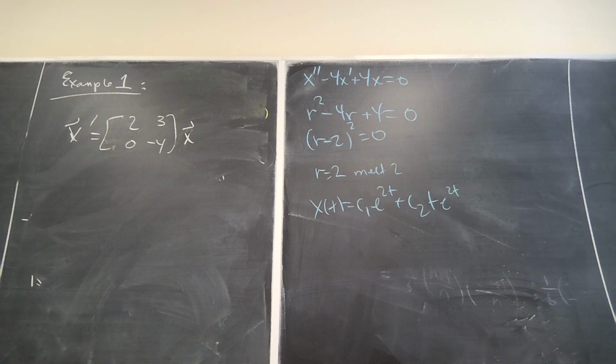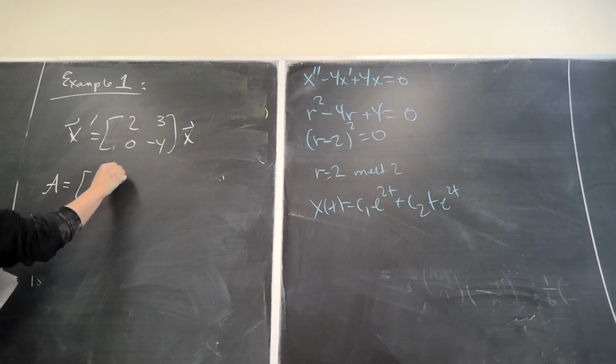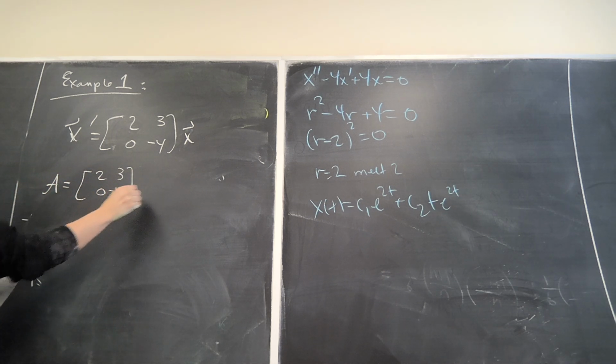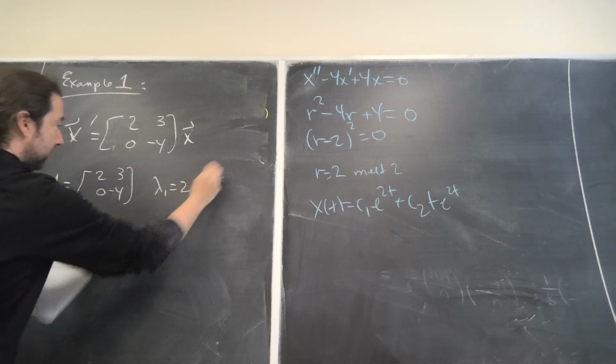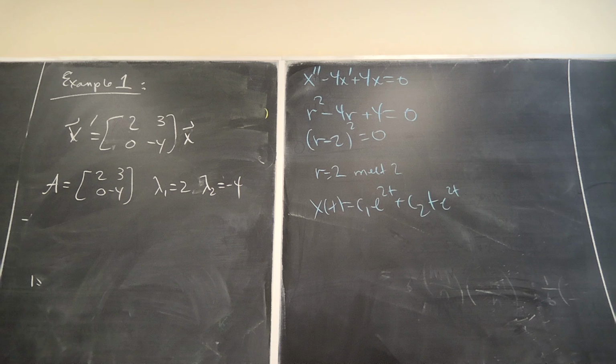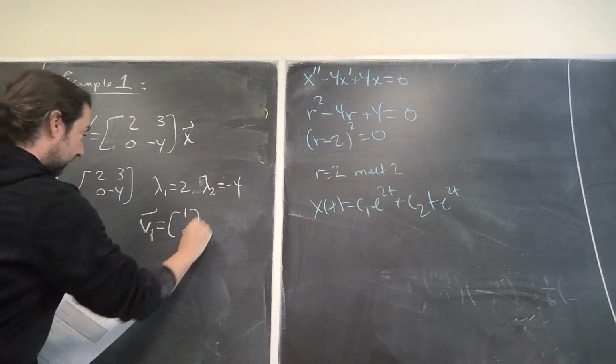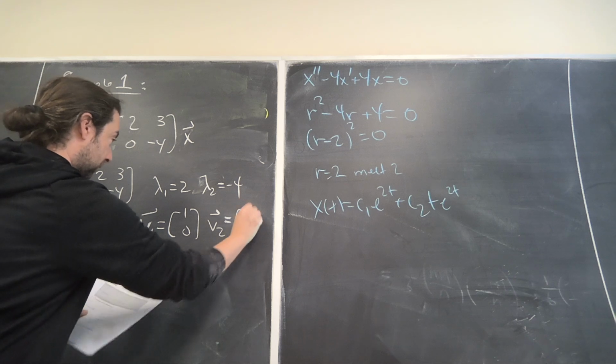And then I tell you off to the side, you do some work, and you figure out that for the matrix A, which is [2, 3; 0, minus 4], lambda 1 is 2, and lambda 2 is negative 4, and v1 is equal to (1, 0), and v2 is equal to (1, minus 2),